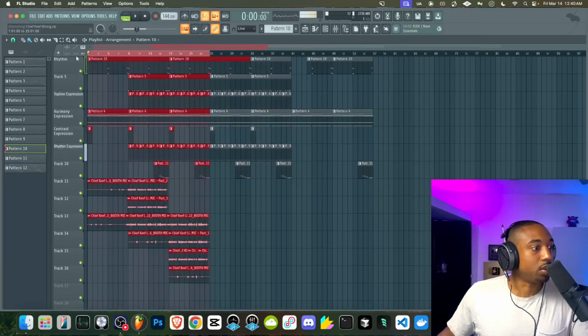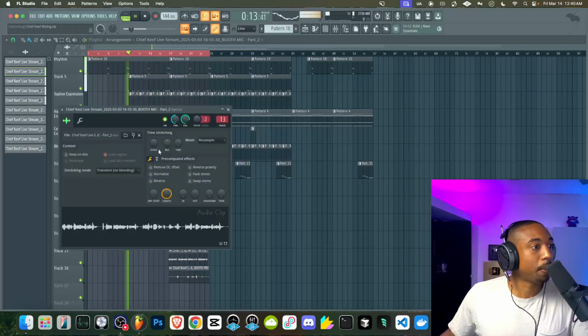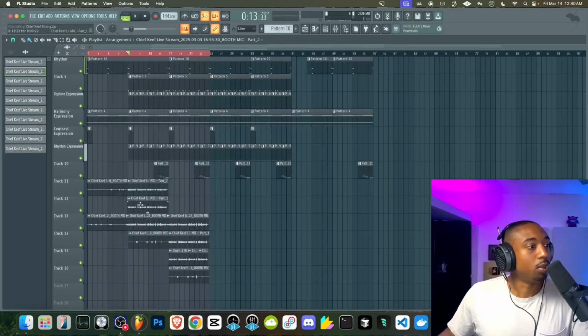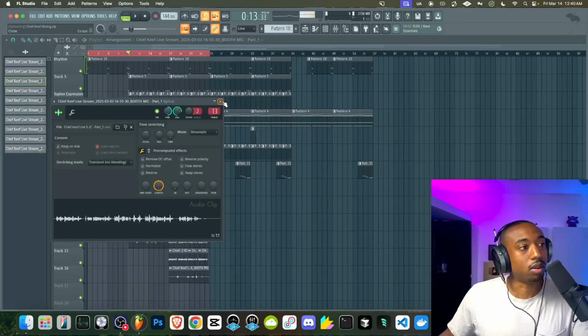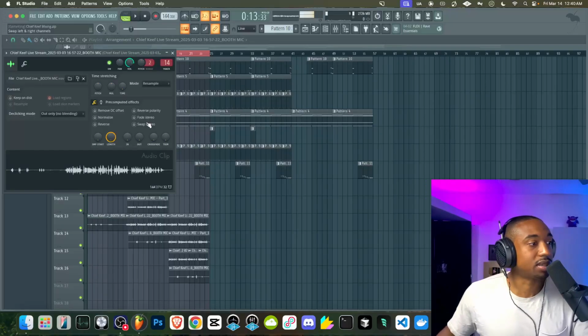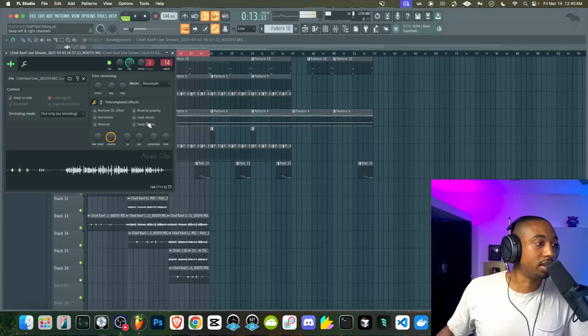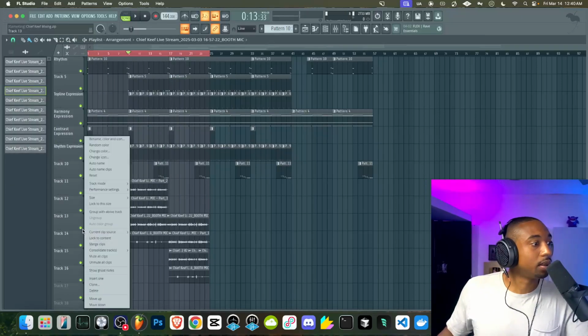Nextly, let's focus on this vocal. Now I have, what is this, 3 main tracks here. One's panned to the left when I record it. One is pan centered and one is pan to the hard right. So that's my recording technique to make stuff sound wide without any plugins: pan 1 hard left, 1 hard right, 1 centered. These are all 3 different takes. Let me show you guys.